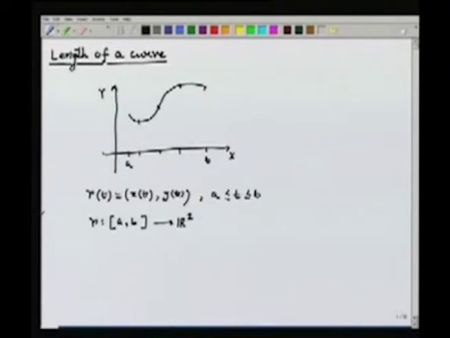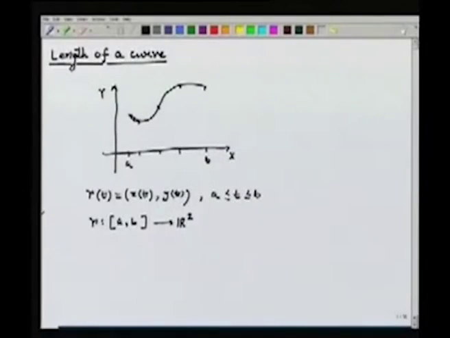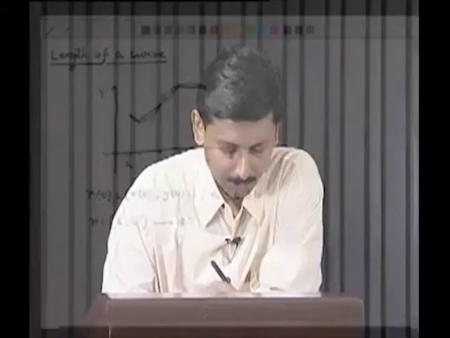Now I join these points by a polygonal path. So this is the first line, this is the second line, then I get the third line and the fourth line. Now this polygonal path has a very well defined length because these are straight lines, so I can calculate the lengths. So given any partition P